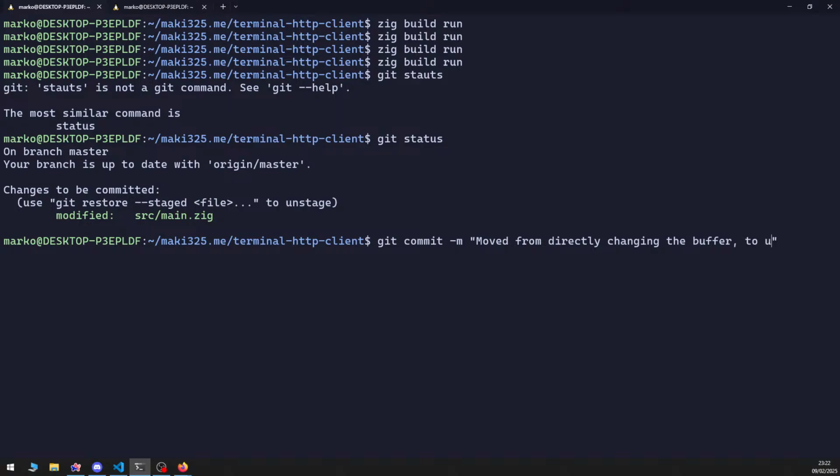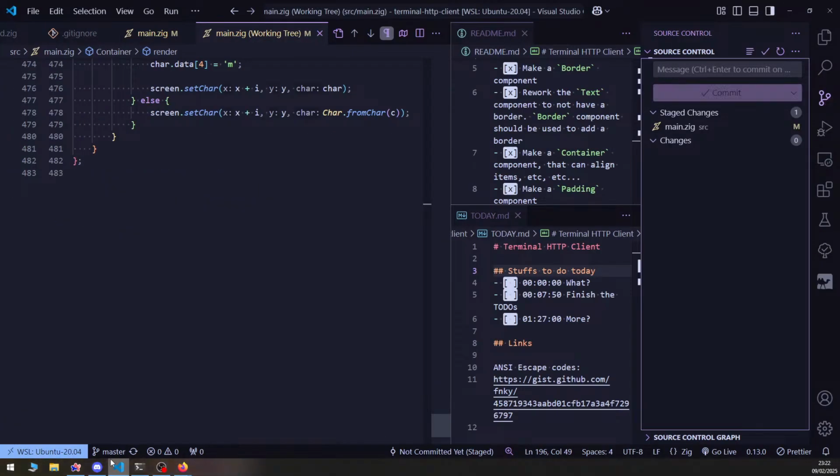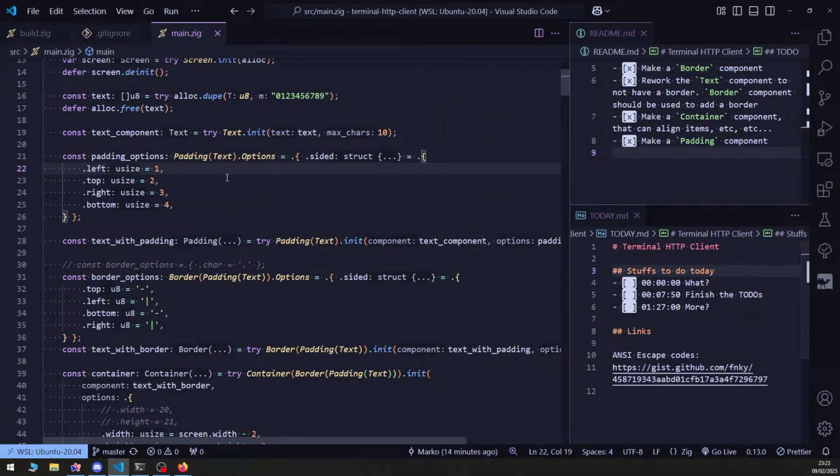Buffer to function that's for bound. What from that? And ignore the most important part of that. She needs to be doing